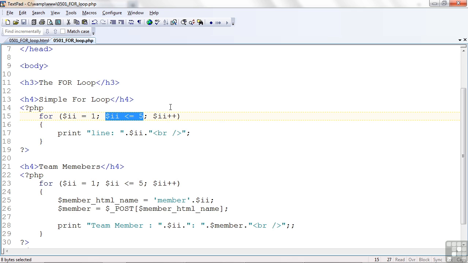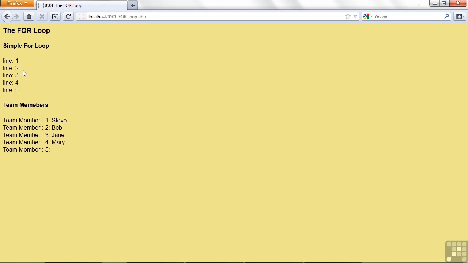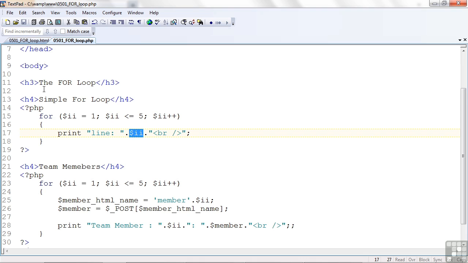Well, the second time in, $II is equal to 2. That's still less than or equal to 5. So it prints the next line, but the next line doesn't look exactly like the other line because we bumped up II. So it's line 2. Go back to the display. Now it's line 2. And it keeps doing this, line 3, line 4, line 5, until $II comes up and